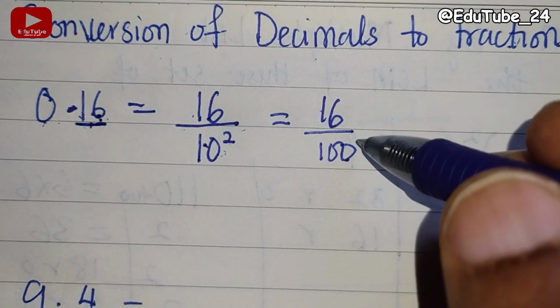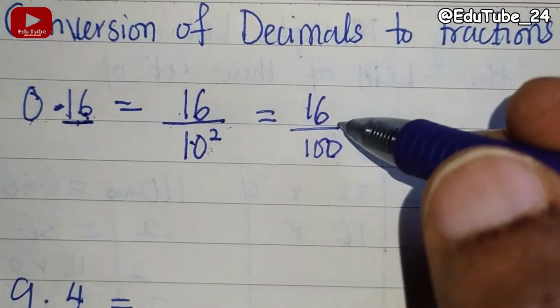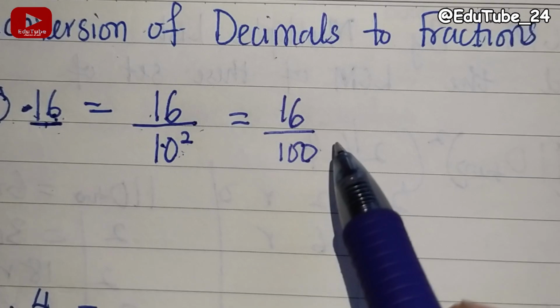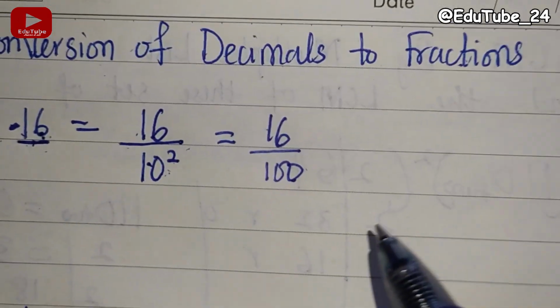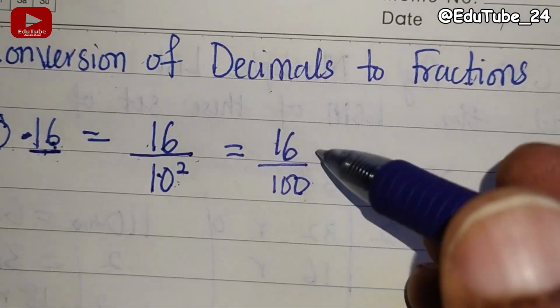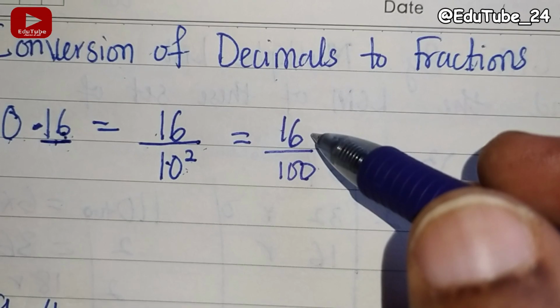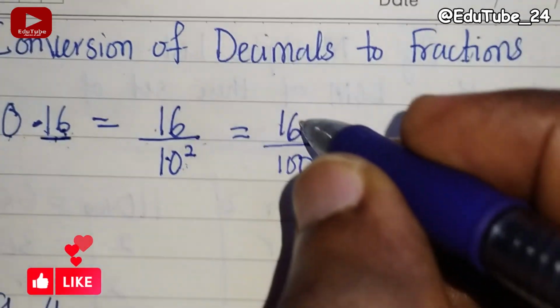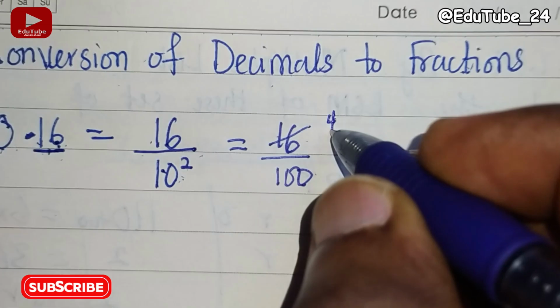Now it is converted to fraction. We have basically converted these decimals to fraction. But is this the end? Naturally, fractions are meant to be simplified to their lowest term. So I would think of the common factor that can divide 16 and 100, and that is 4. So 4 in 16 will give me 4,